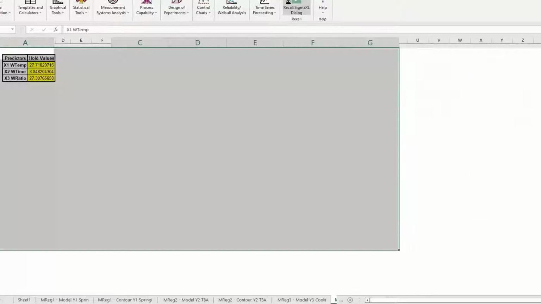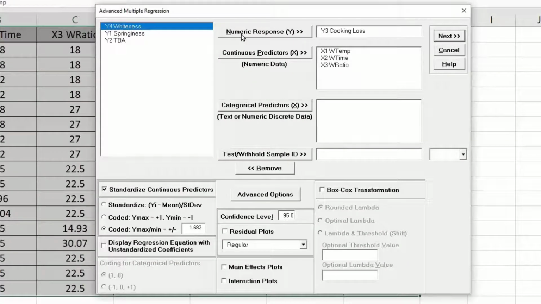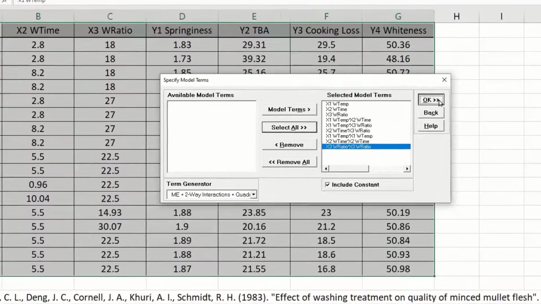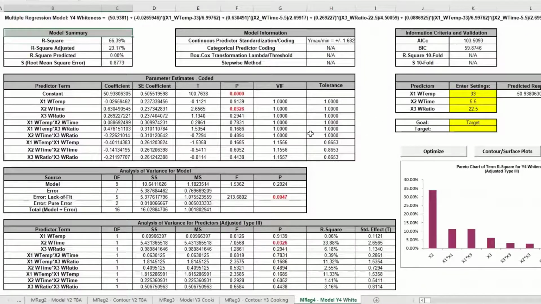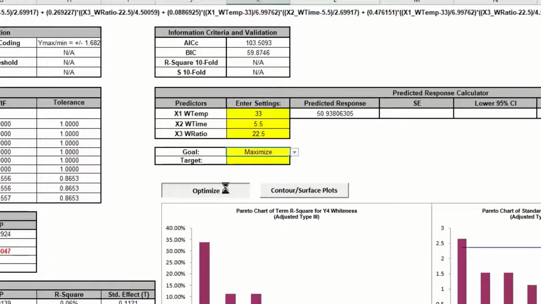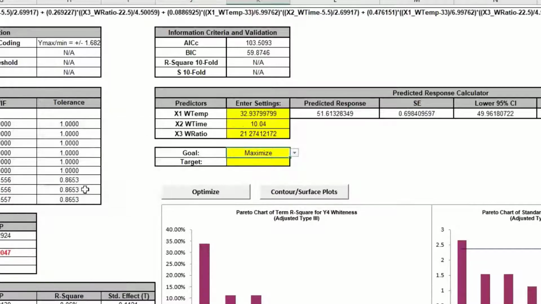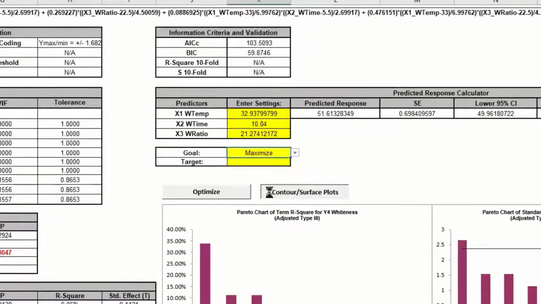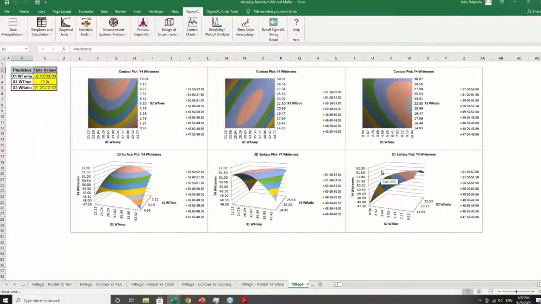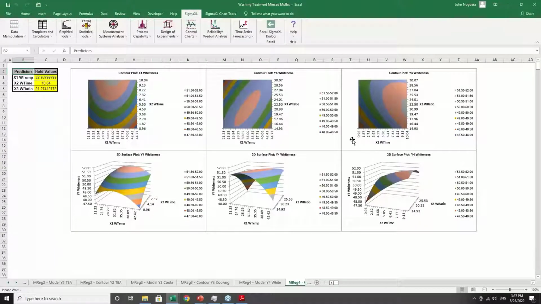And then finally, we have our whiteness. And whiteness we want to maximize. And the whiteness model is not quite as good R-square-wise, but we're going to maximize, run the optimizer. This is our maximum whiteness, and again, we can create contour plots. Okay, so we now have 4 models, and what we want to do is we want to